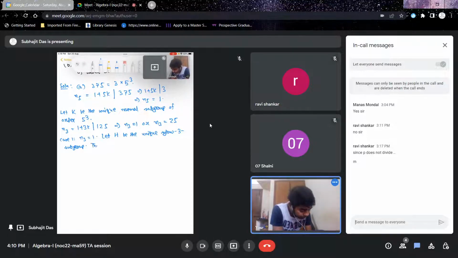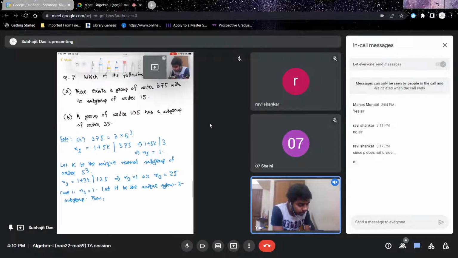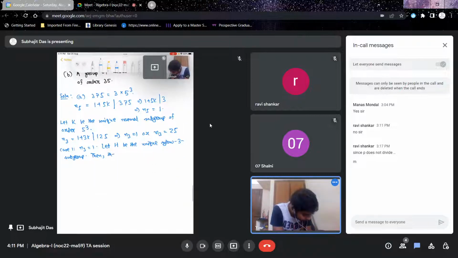So then, as was the argument previously done, the group is isomorphic to H cross K, as we had done previously. So H cross K is a group of order 375. H has order 3, K has order 125. Okay, so let A be an element of,